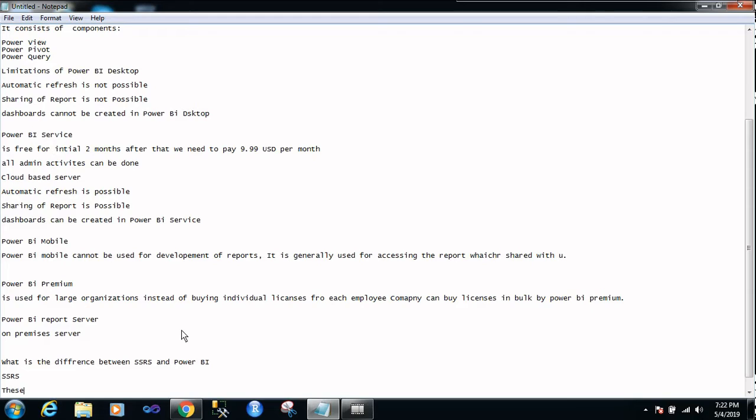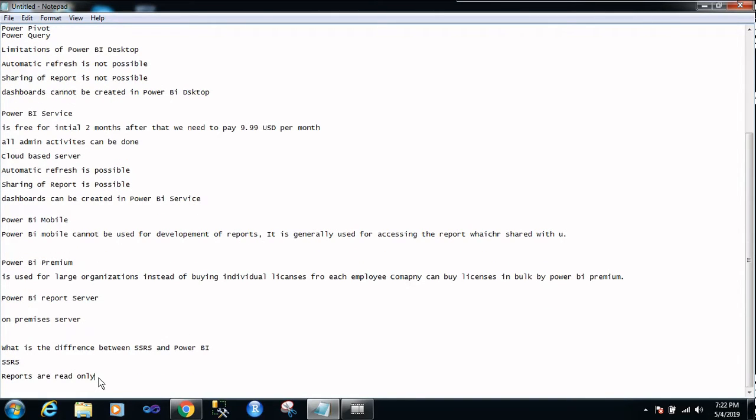In SSRS, reports are read only. That means you can read the reports, but they are not interactive, they are not dynamic. They do not look very good. They are static reports.